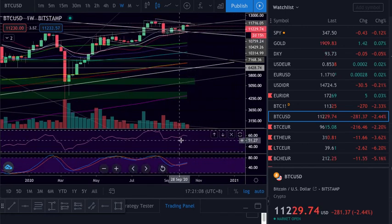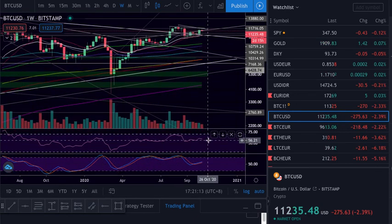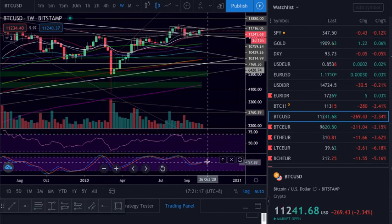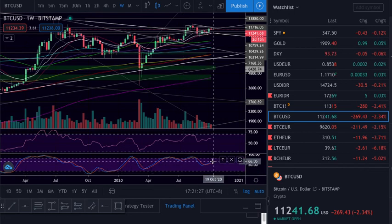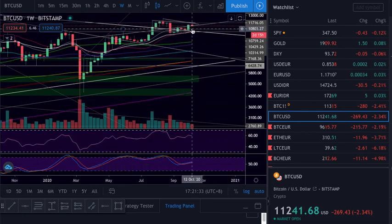But the weekly still can come up, but it's just ranging. We were up here, but we still didn't come down to these areas where you normally buy on the weekly. As we see here, when we are on these areas. So we are above, so this is just for easier trades. As long as we maintain this, it's cool. Okay, so